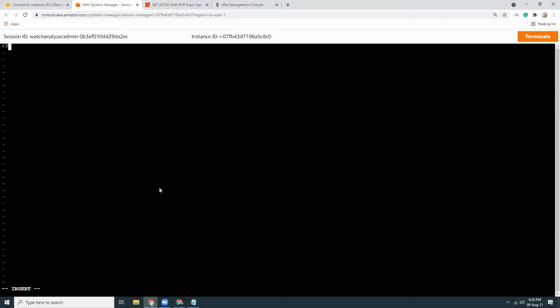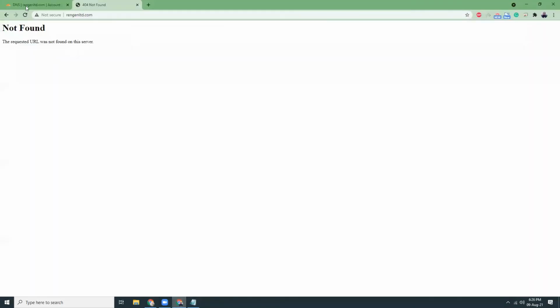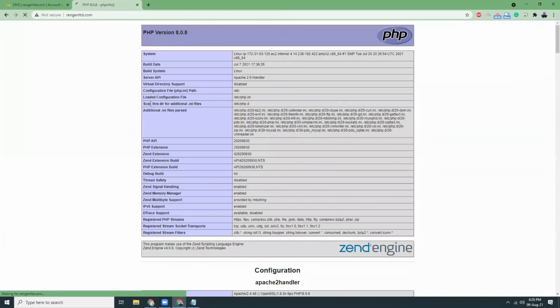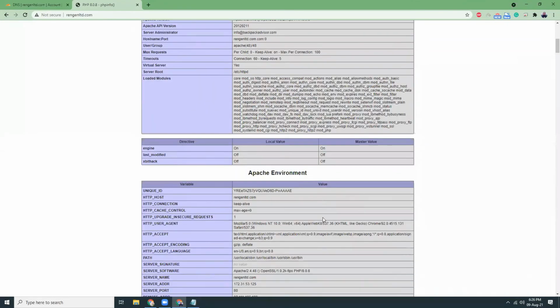I'm going to create a PHP info file. Okay, now let's refresh, and voila, we see the PHP 8 version. Also, this is configured with Apache, all other things.